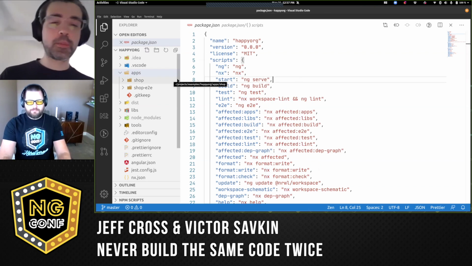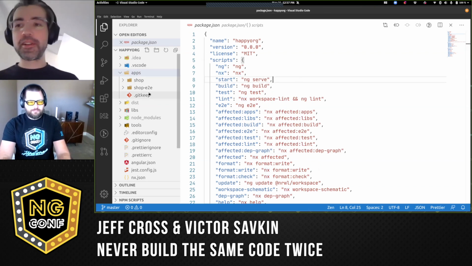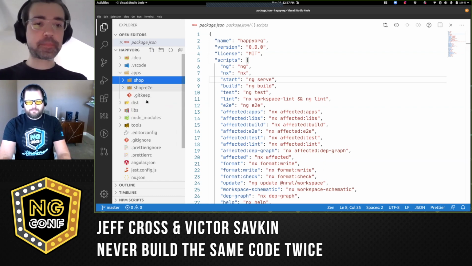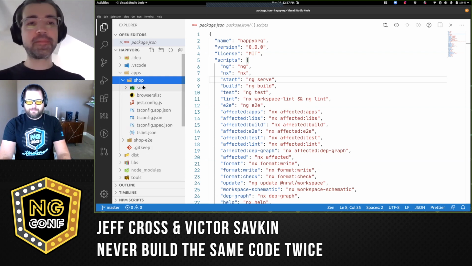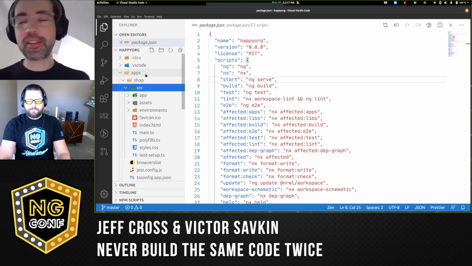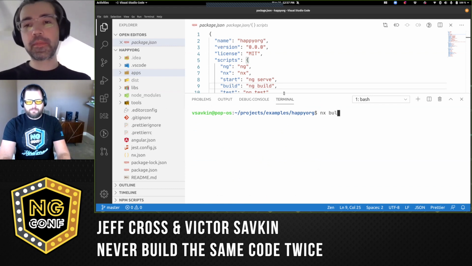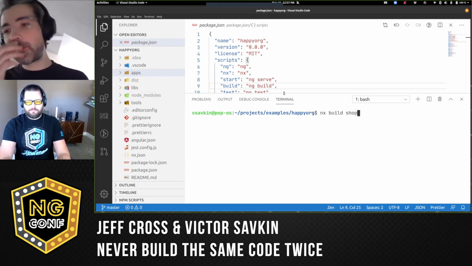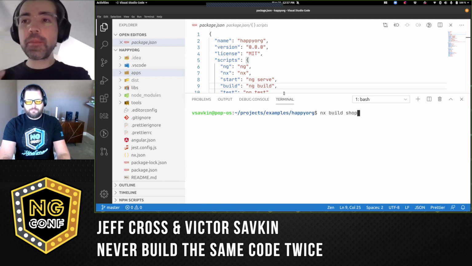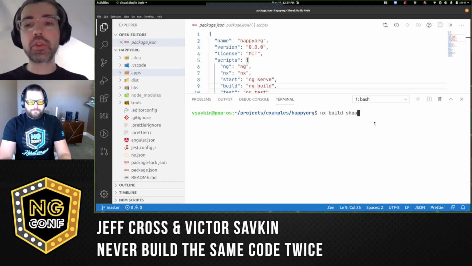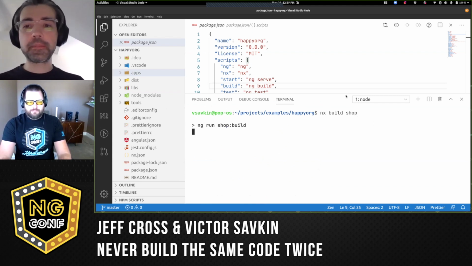Same workspace, different editor. So it's a simple Nx workspace. There's an application in here, a plain application, nothing interesting about it. Right? So if I do something like an nx build shop app, right? And an nx build and a g build are almost the same, except one thing that I will show you in a second. That is important. Right? If I do an nx build shop, and if I do it the first time,